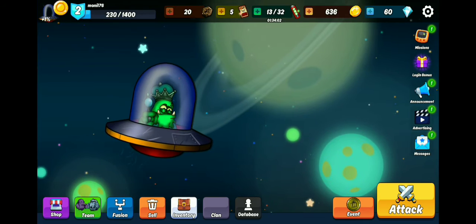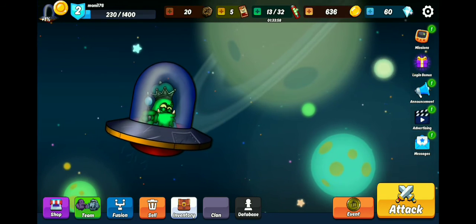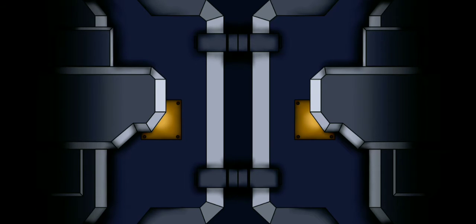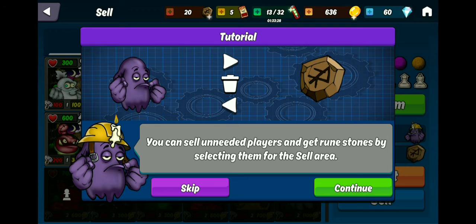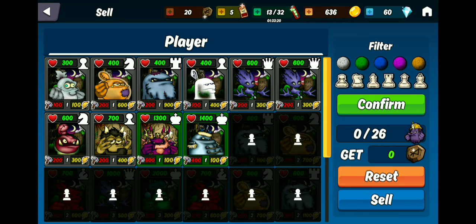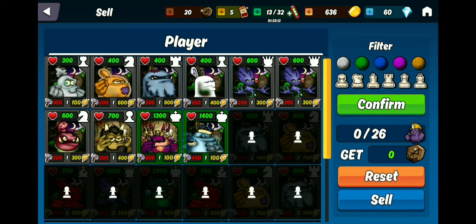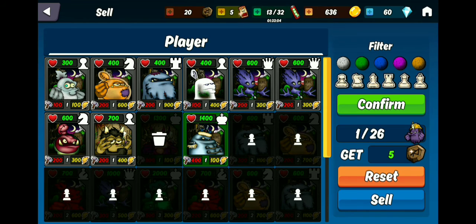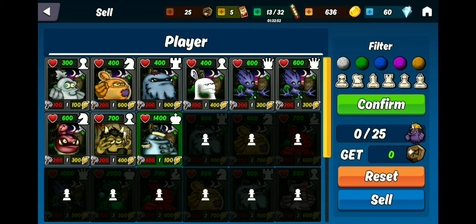This is the main interface. Now, I'll tell you how to sell a card. To sell a card, you need to click on the orange sell button. This type of interface will come to your screen. It says that you can sell any card and get brown coins in exchange. But for doing that, you need to have some extra cards. So here, you can see that I have 2 kings, so I can sell any one of them. I prefer selling the one with less health. Click on the king and then click on the button sell. Then click on the green button of bin. As you can see, a king has been sold and we got 5 brown colored coins in return.